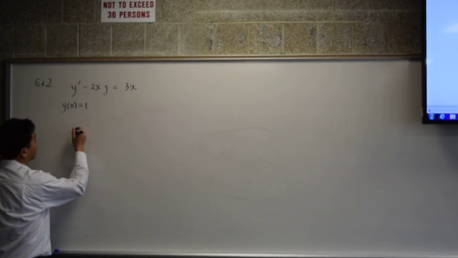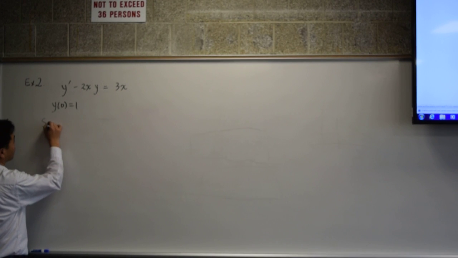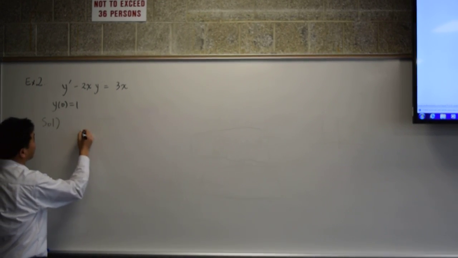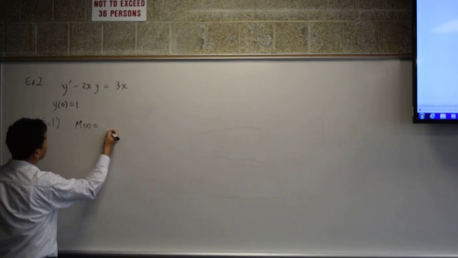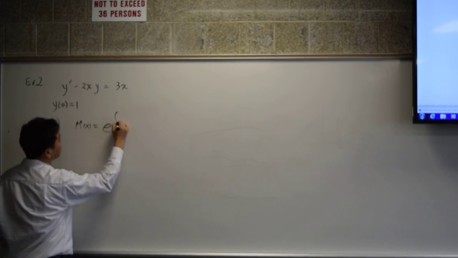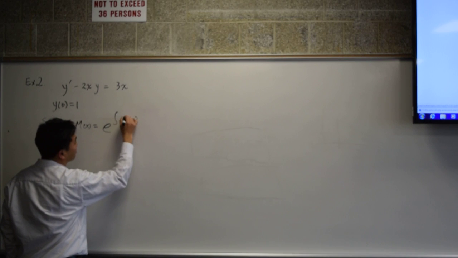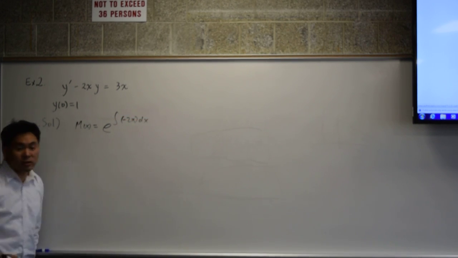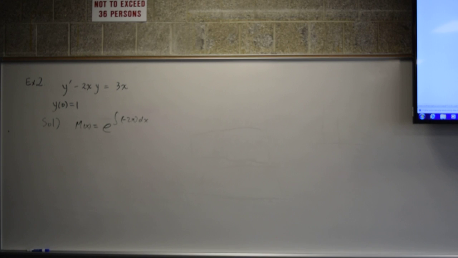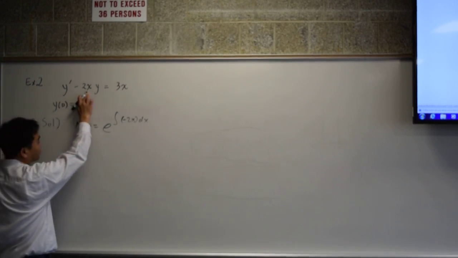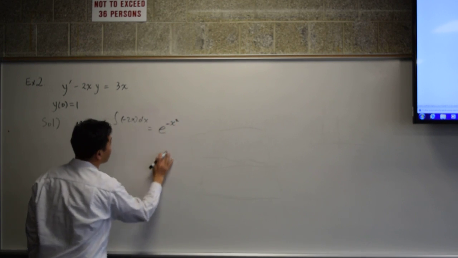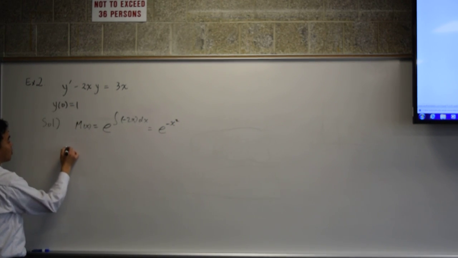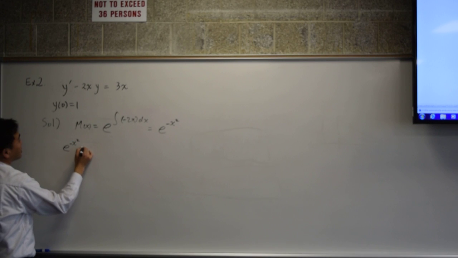Okay, so here this time I have m of x equals the integral of negative 2x dx. And one thing that you have to be careful about is that p of x should include the minus sign also. Okay? So this is e to the negative x squared. Therefore, if I multiply e to the negative x squared on both sides,